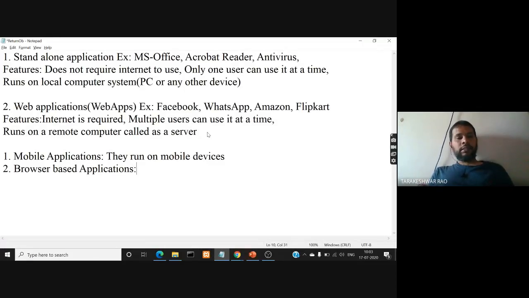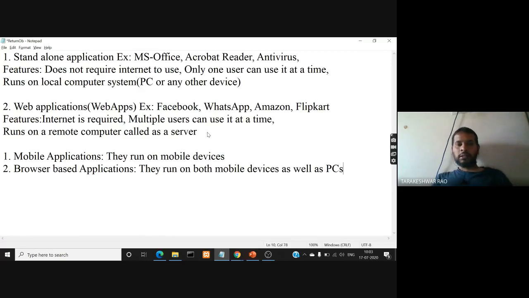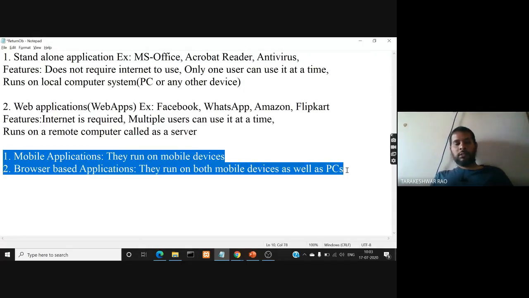These applications run using a browser, but they can be run both on mobile devices as well as PCs, personal computers. Personal computers include desktop computers and laptops also, right? So this is a further classification under web applications.